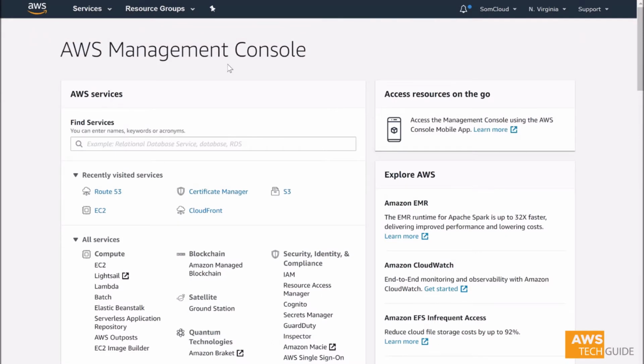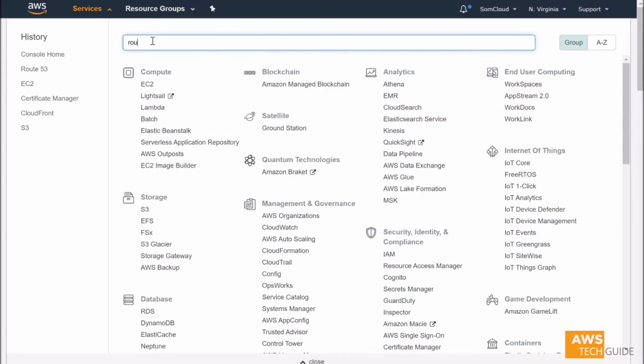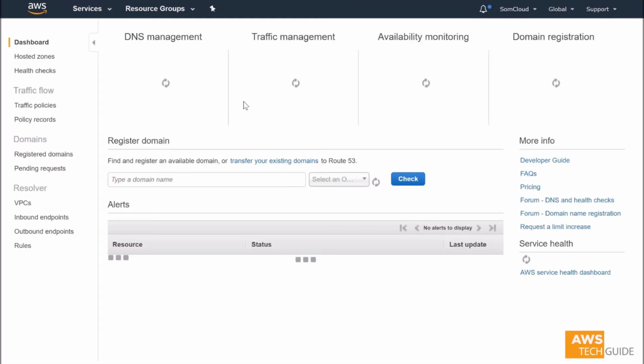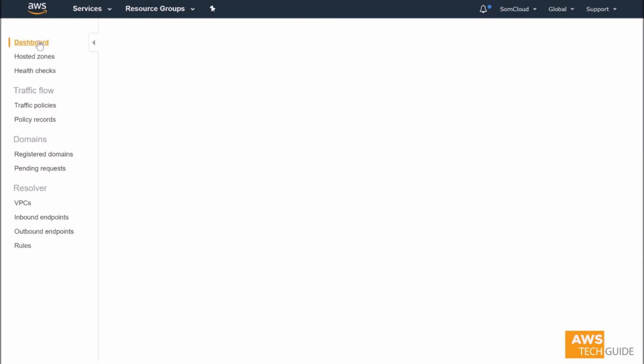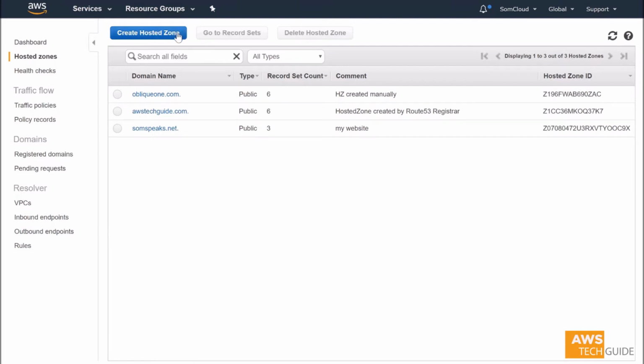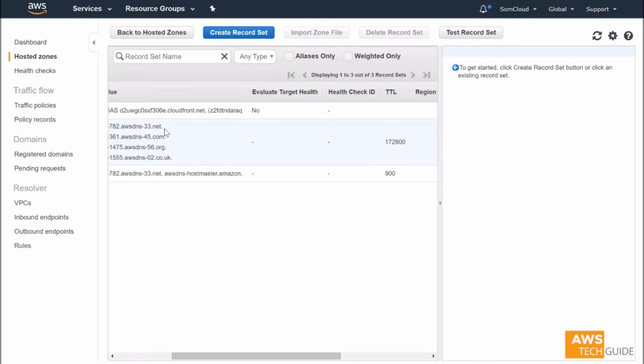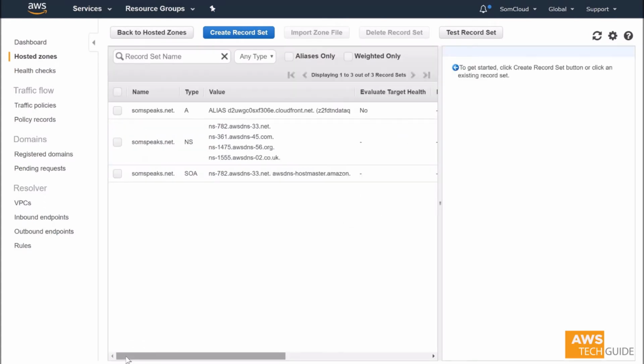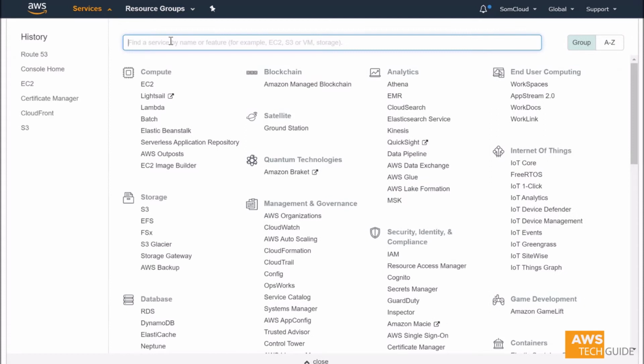I am already logged into my AWS console. First, go to Route 53. Go to the dashboard, and once you register a domain, by default you get the hosted zone created. So for somespeaks.net, I click on it and I get the domain name which is already created. Okay, now since I have this domain and hosted zone created, my next task is to go to S3